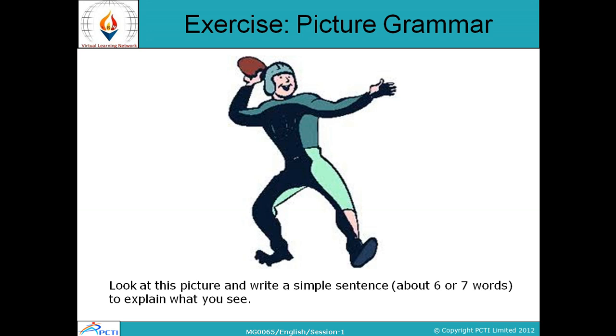तो I am sure that बहुत लोगों ने क्या लिखा होगा, that the man is throwing a ball, the man is throwing the ball, या फिर आपने लिखा होगा the man is going to throw the ball, और you might have even written the ball is being thrown by the man. So whatever you wrote, it probably included the word ball. और क्या आया इसके अंदर? एक वर्ड तो आया ही होगा बॉल, क्योंकि इसमें आपको बॉल दिख रहा है.